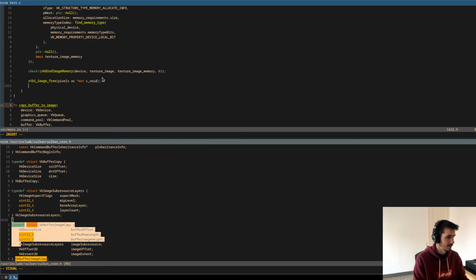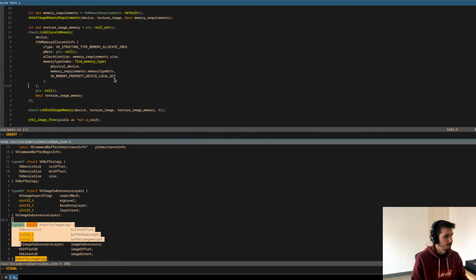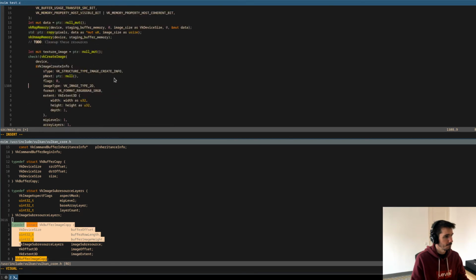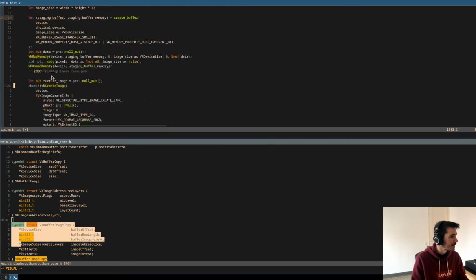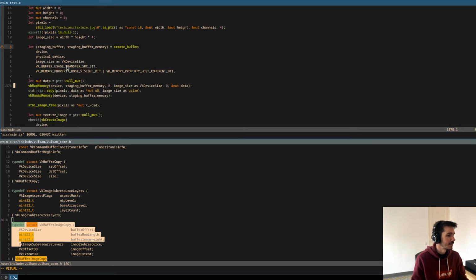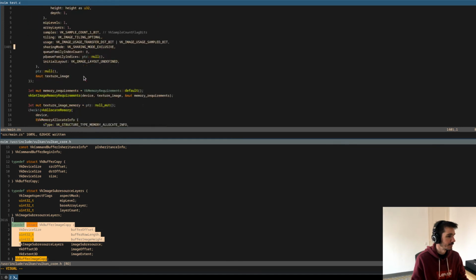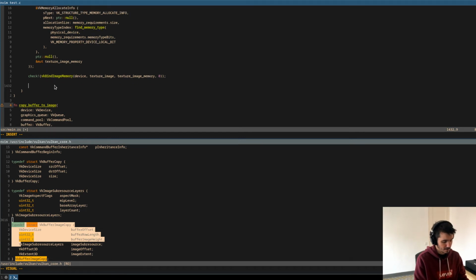I think we can free also. In fact, I would expect that right after we copy the pixels to the staging buffer, we are ready to free them. So here, after binding, we conceptually need to